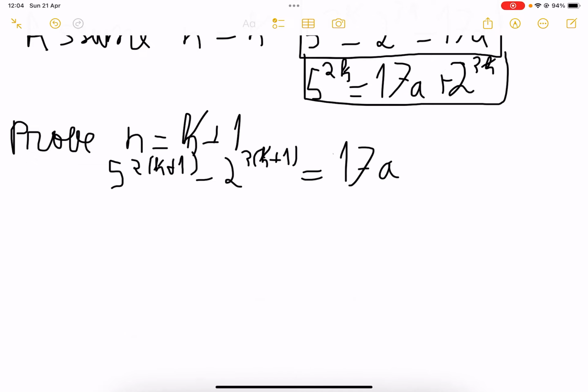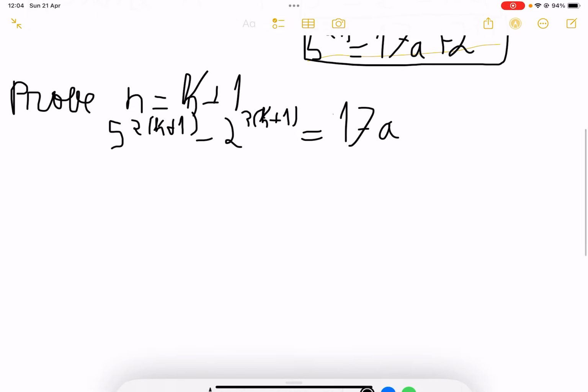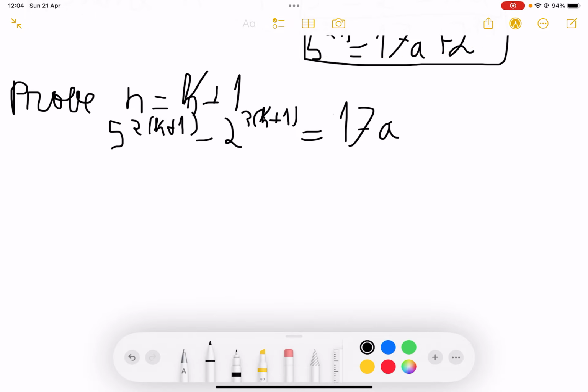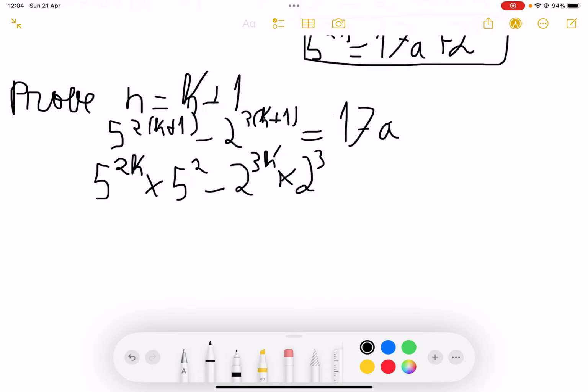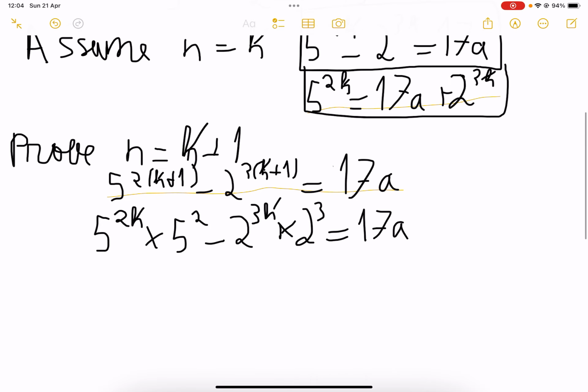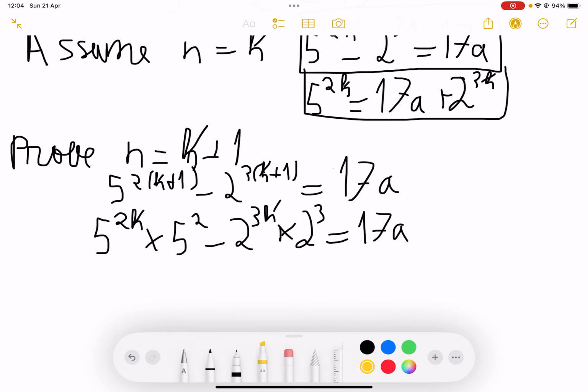Perfect. So now, what do we do here? We expand the indices, and then we will separate them. So 5 to the power of 2k times 5 squared, minus 2 to the power of 3k times 2 to the power of 3, is equal to 17a. Right. So now we will use the assumption that we made up here, this one right here,